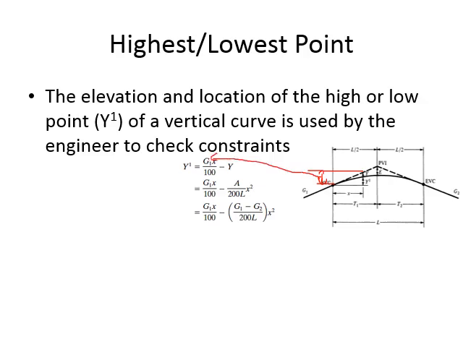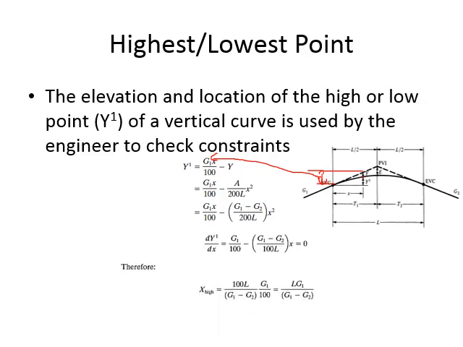Now I don't want the elevation of the tangent, I want the elevation of the point on the curve. The difference between the point on the curve and the tangent is the offset y, for which we calculated the equation in the previous slide. This was the equation for y. So you calculate the difference in elevation till the tangent, then you subtract y, so you will get the difference in elevation for the curve. You get y1. Now in this equation we know a equals g1 minus g2, so you can open it, so the equation will become equal to this, so y1 equals this.